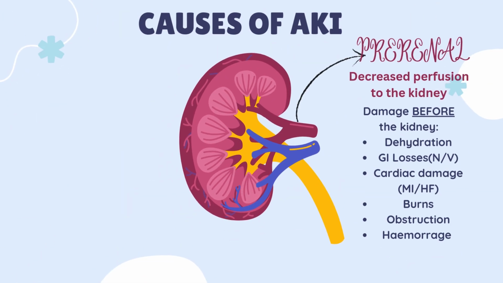And what are the causes of AKI? We have three main causes of AKI. We have prerenal, intrarenal, and postrenal causes of AKI. In the prerenal causes of AKI, there is decreased perfusion to the kidney. Think of the damage as usually before the kidney. In the case of our machine, the machine does not get enough water supply, meaning the kidneys are not getting enough blood. What can be the reason for this? We can either have dehydration, GI losses such as severe nausea and vomiting, cardiac damages in heart failure, burns, obstruction,